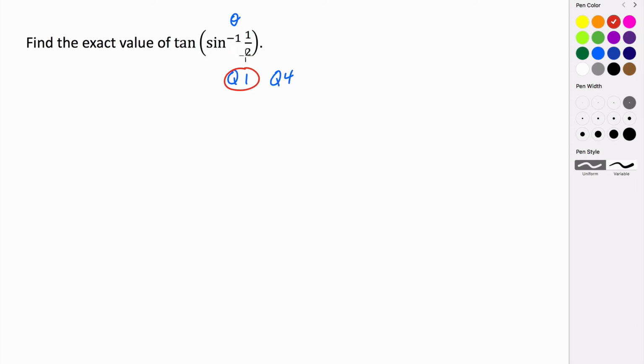So if you think about the inverse sine of 1/2, remember this just means what angle gives me the sine of theta equaling 1/2? Well, this happens when the y coordinate is 1/2, and that's with the ordered pair root 3 over 2, comma 1/2. This happens at theta equaling pi over 6. So when theta is pi over 6, we get a sine of 1/2 in quadrant 1. So now we're going to evaluate the tangent of pi over 6,